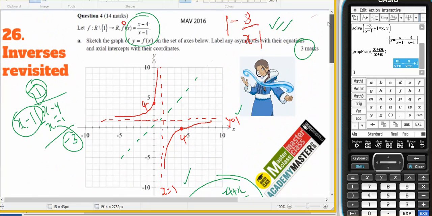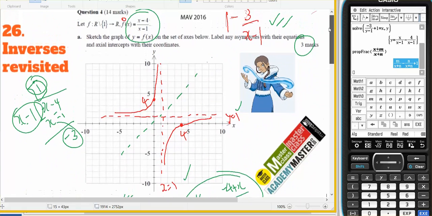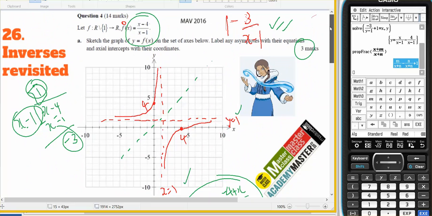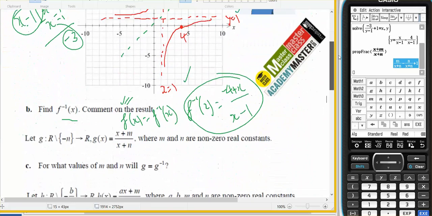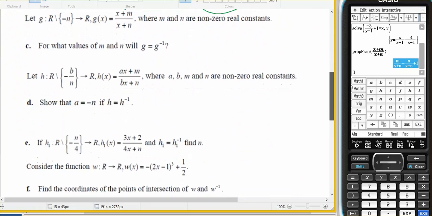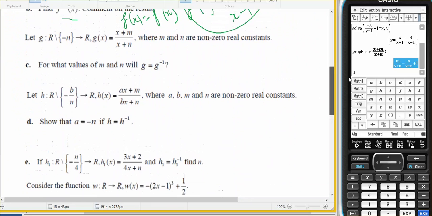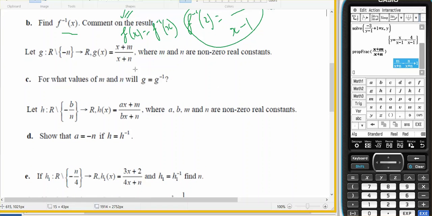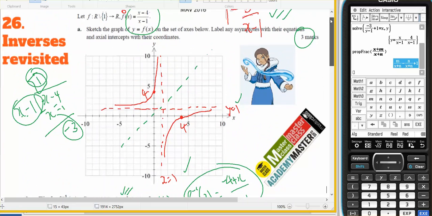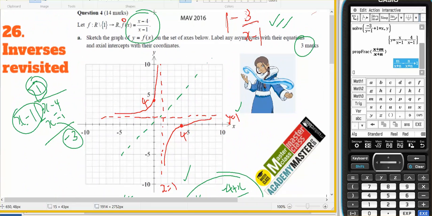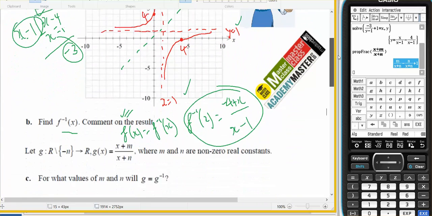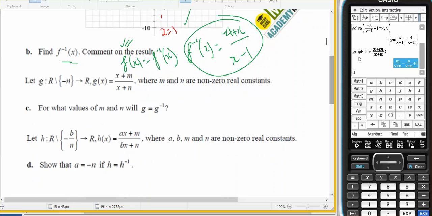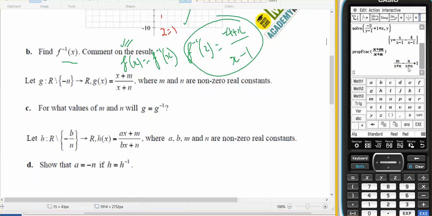This is the continuation of question 26 in the Technology Masterclass for Mathematical Methods, Part C. What values of m and n will make g and its inverse equal to each other, where I have a general rule? I found out in Part A and B that this gave me identically the same function as its inverse. So I put the (x + m) over (x + n) and I turned it into a proper fraction